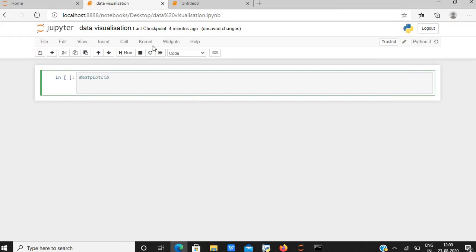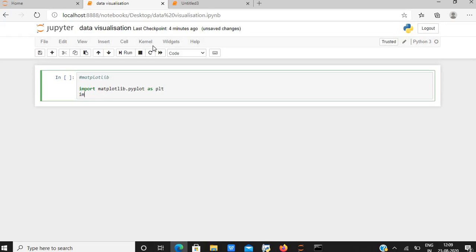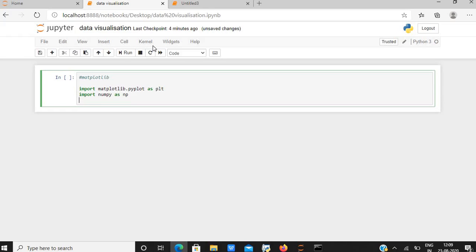For working with matplotlib, we need to import it: import matplotlib.pyplot as plt. Also, I'll be calling the other libraries: import numpy as np, import pandas as pd.